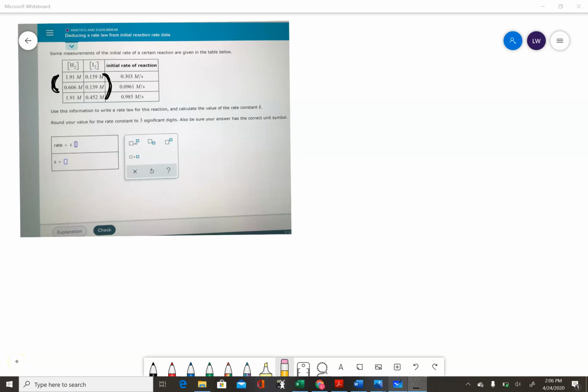Okay, so this is a problem from Alex, and it says some measurements on the initial rate of a certain reaction are given in the table below. And so it's pretty much, we're going to be using a method of initial rates here. So that's what's going on. So we're looking for, we've got two reactants. So the rate is going to be of the order of rate equals k